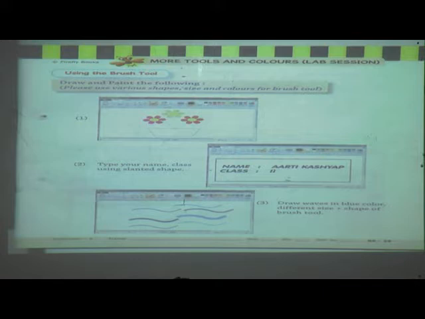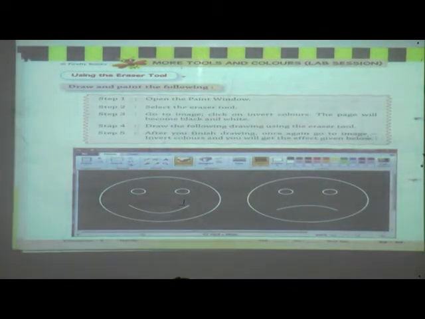Third one, lines, how to draw this line by using the line tool. And next one, turn the page, how to draw this. These are only circles and lines. How to draw these, steps are also given. If you have a computer at home, then practice it.